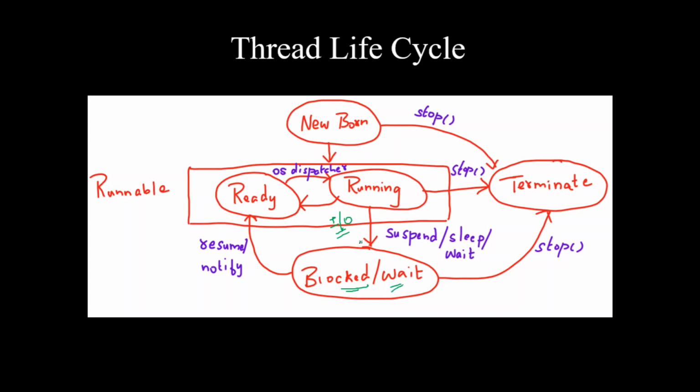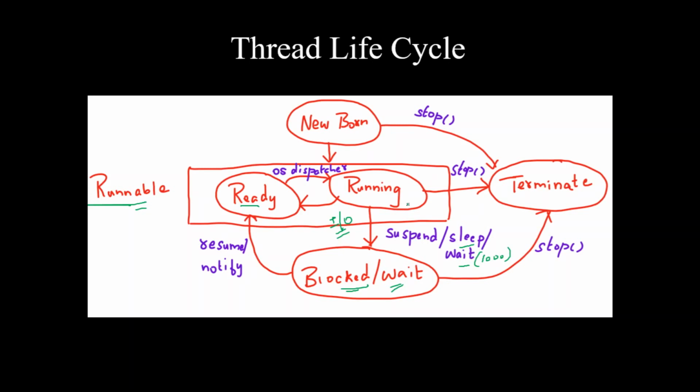Apart from an IO operation, a thread can enter into a wait state if it calls a method like sleep or wait. If it calls a method like wait of 1000 milliseconds, it will wait for 1000 milliseconds, and during that time it will be in wait state. Similarly, you can make a thread sleep for a certain period of time. A thread in the wait state may again come into runnable state once its IO is completed or its waiting duration is completed. It won't directly go into the running state. With respect to the Java environment, it is in runnable state, but the OS will generally move it to the ready queue. Then whenever its turn comes, it will get the CPU.